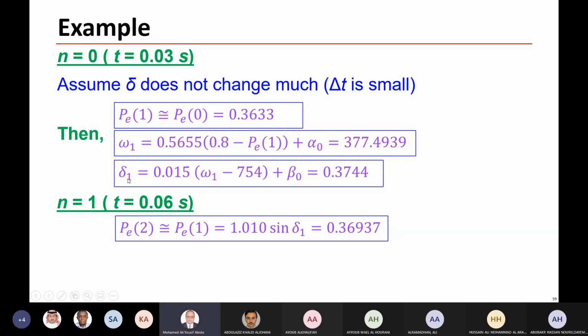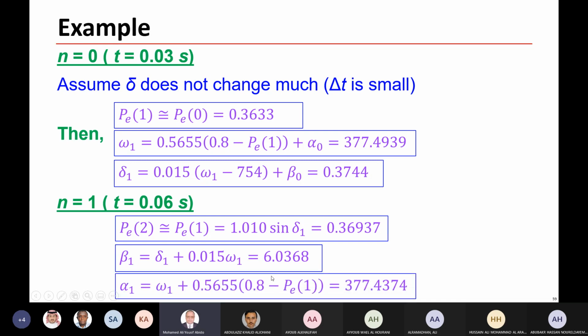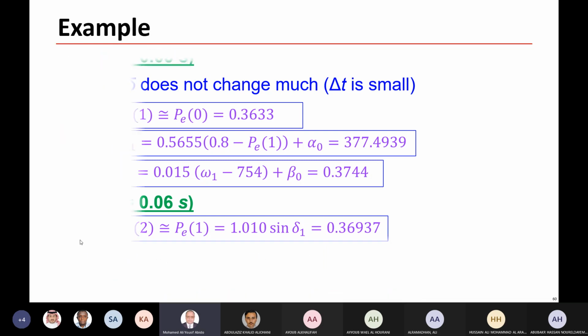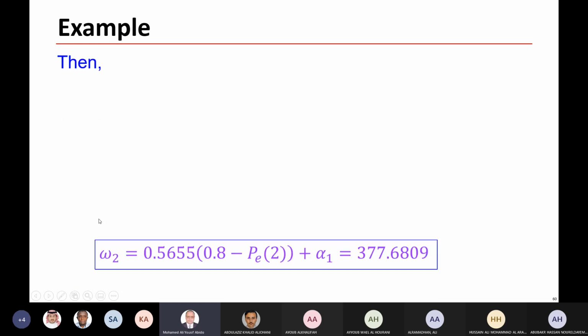Now we have delta 1 is known, so we can approximate for this function 1.001 sine delta 1 now, and this is the power, and we can calculate beta 1, and we can calculate alpha 1, and then we can calculate omega 2 and delta 2,